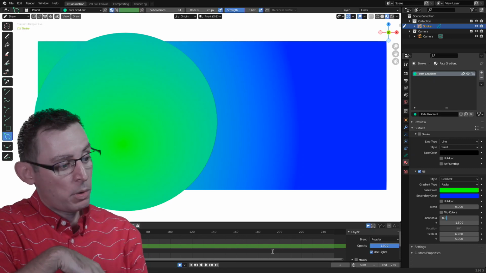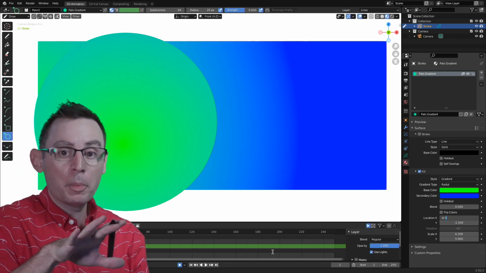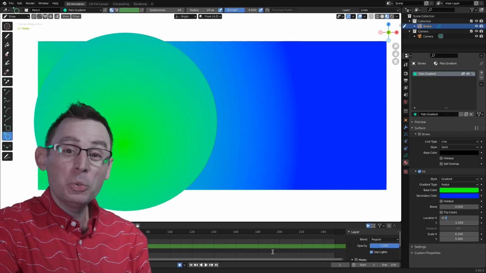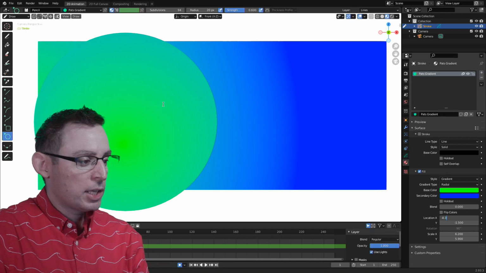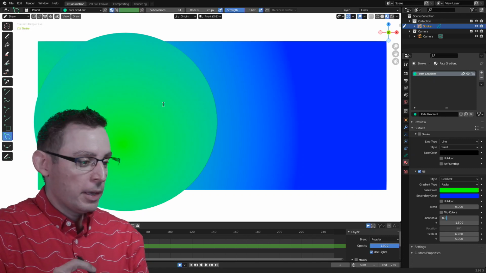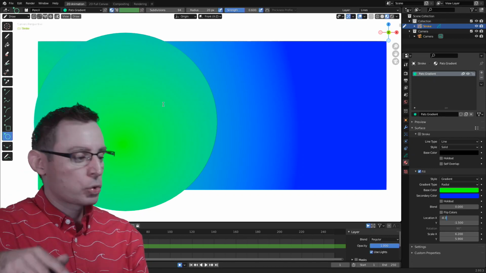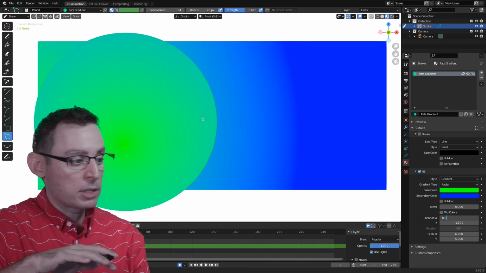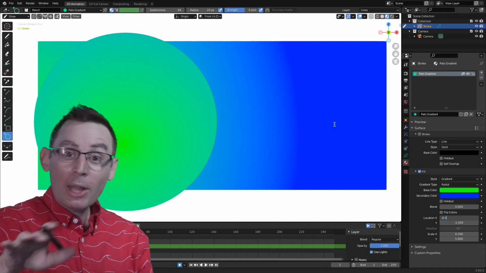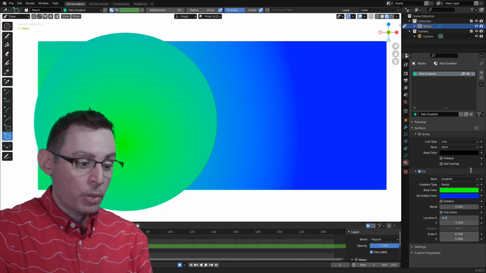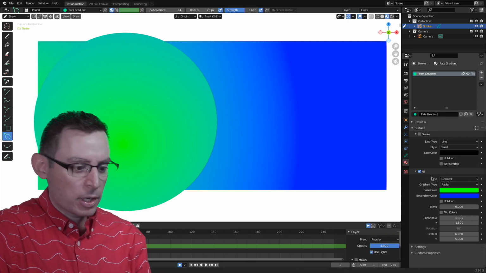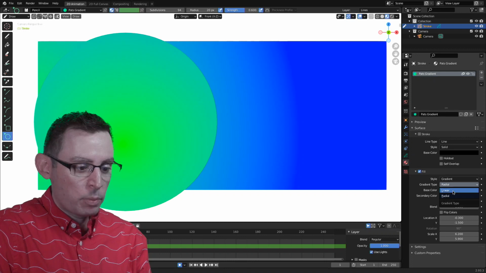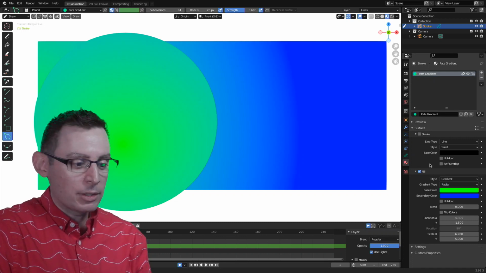In this case, if I wanted the look of the sphere to be separate from the square, I'd probably want to have two different materials where I can control the gradient independently on each one, just to get a little bit more of a uniform color and a little bit more control over where the start and stop of all these gradients reside inside the shape itself. So that's how we work with gradients inside of Blender. They're a material property. You can do it for the fill, and you can also do it not on the strokes, I apologize. It's just on the fills, but you can do both linear gradients and radial gradients right here in Blender.